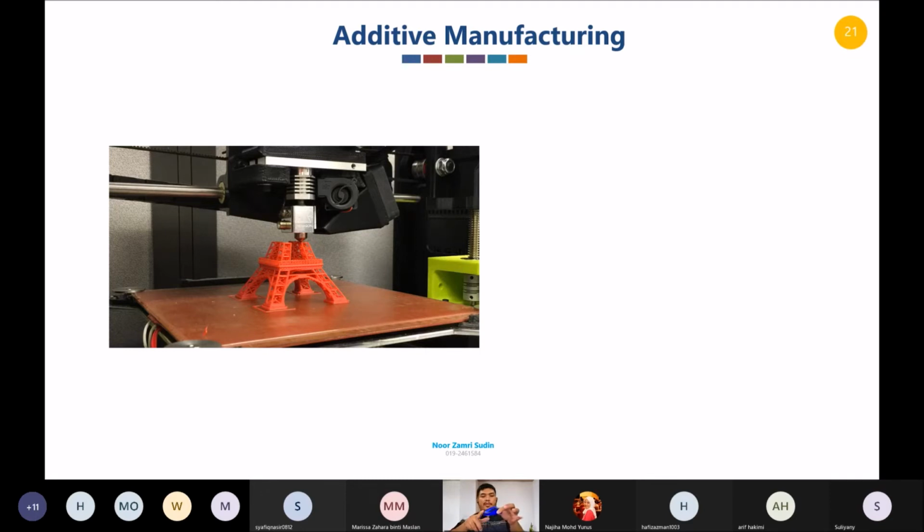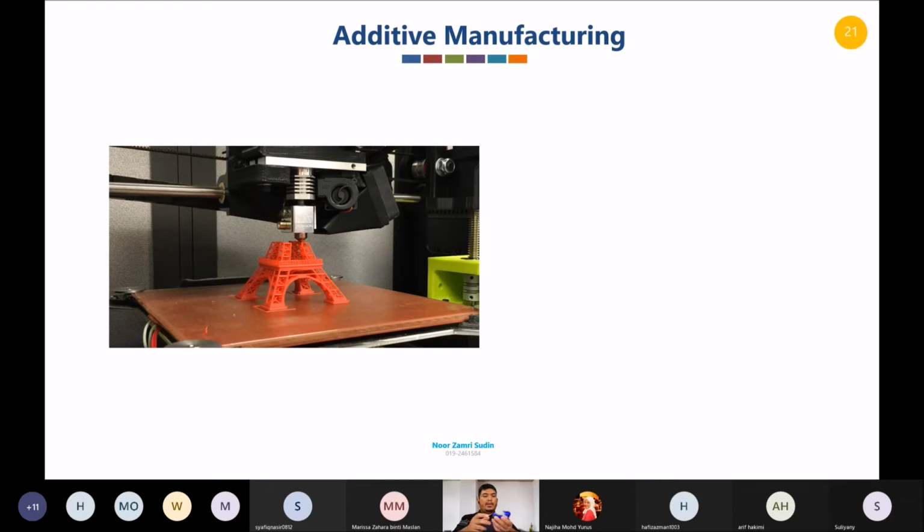You remove this part, then you get this. Now you remove everything, then you get this design. That we call subtractive manufacturing, because we remove everything from the block.